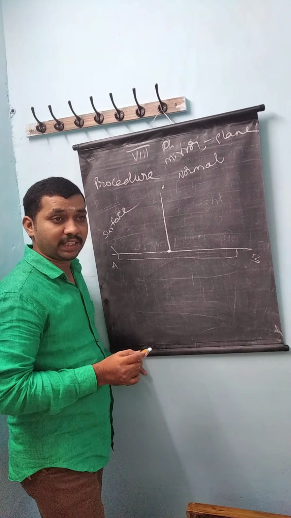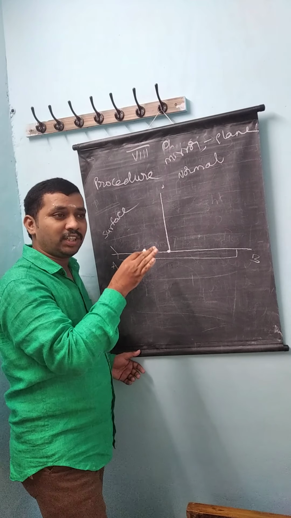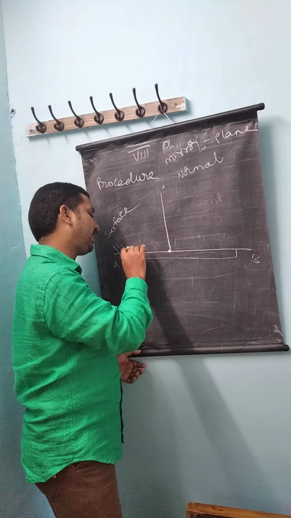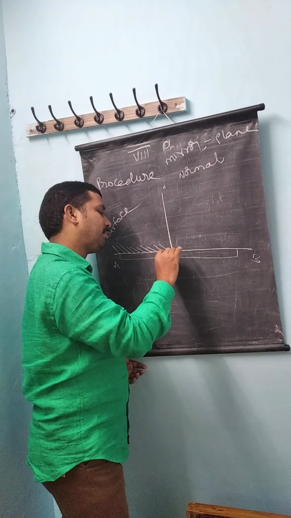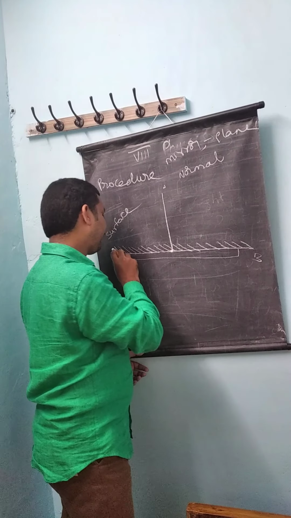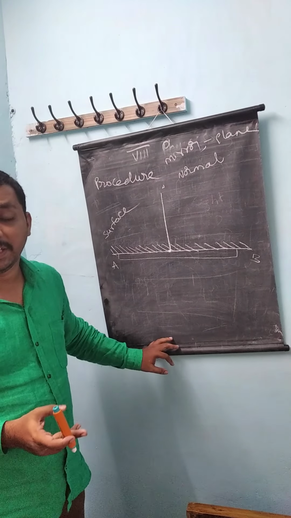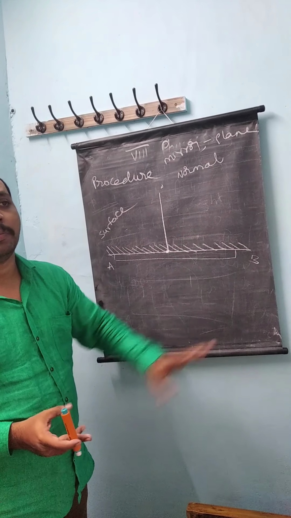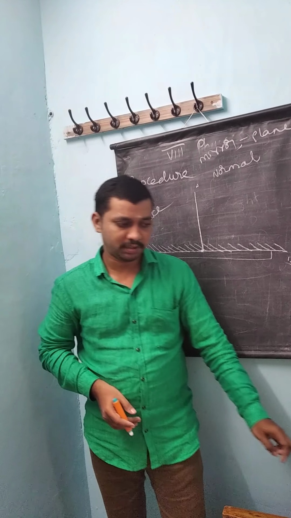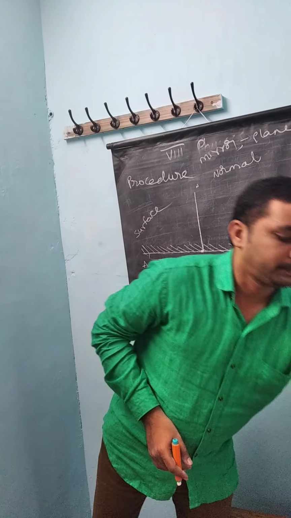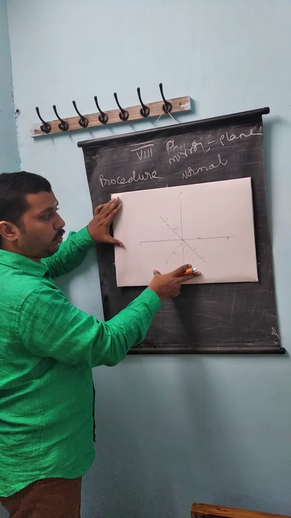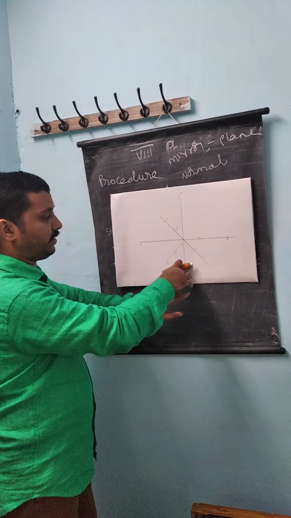On the opposite side of the glass surface, the mirror does not allow light. So we indicate the mirror like this by drawing lines on the back side of the mirror, indicating that it does not allow light to go to the opposite side of the mirror. Okay, now let's observe the experiment. It is the white chart. The diagram is like this.